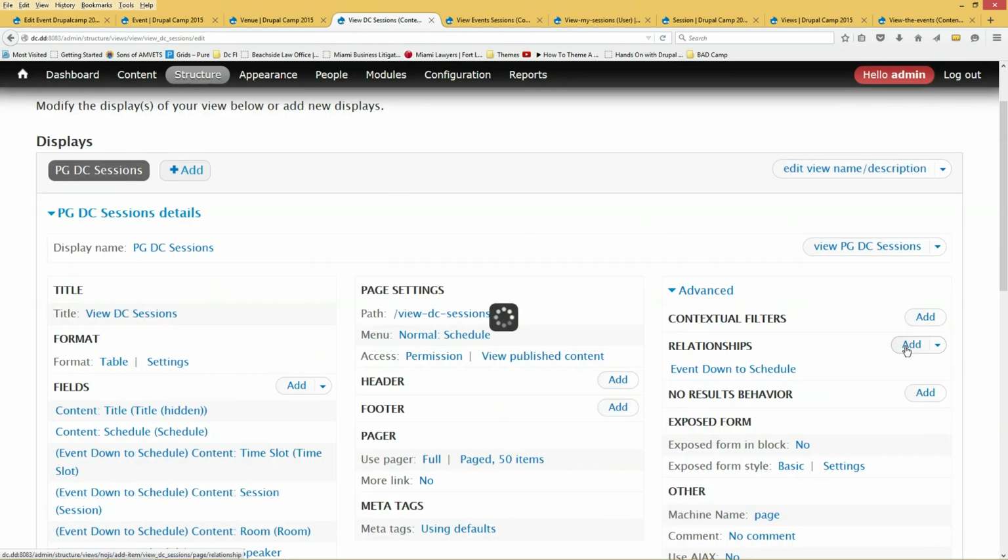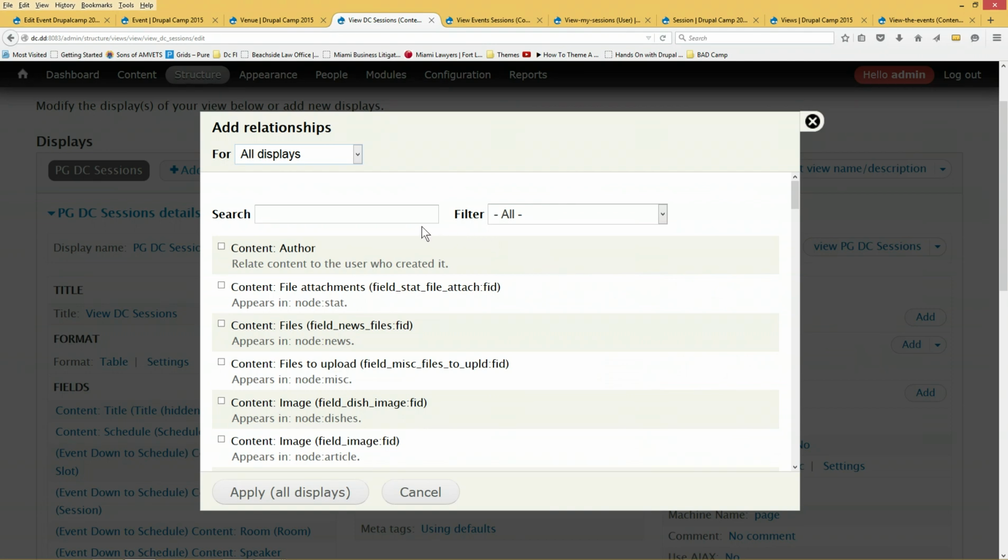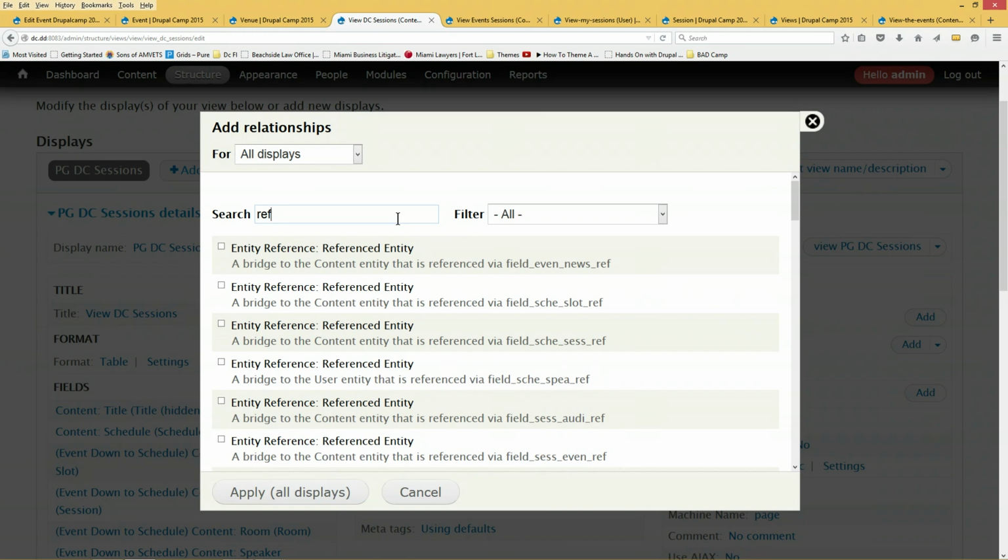Let's go add a relationship. And we want REF. Here's all the EDs and INGs. So this one here is in my event content type, and it references